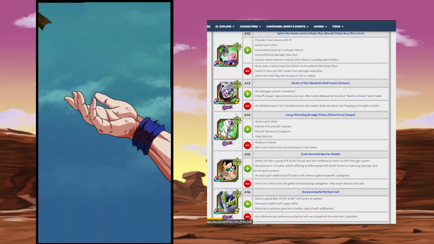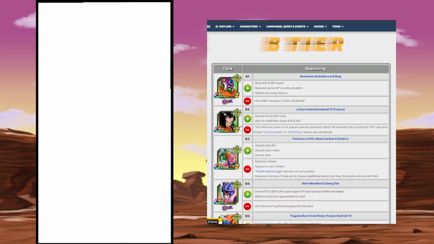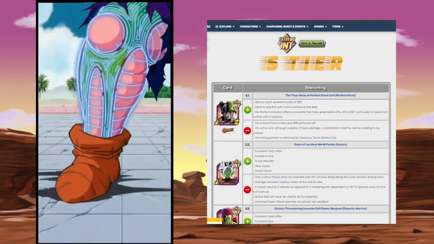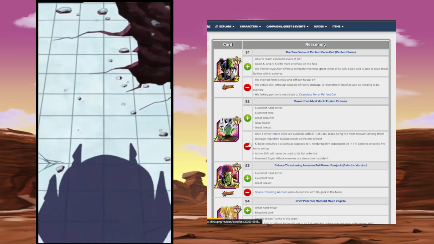I'm scrolling down and I don't see anyone else. LR Demon King Piccolo's okay, I guess, but outside of that, I don't think there's anyone else worth noting. If I am missing anyone, feel free to let me know. Let's go to Extreme Int, and the best unit here, I mean, is easily, in my opinion,